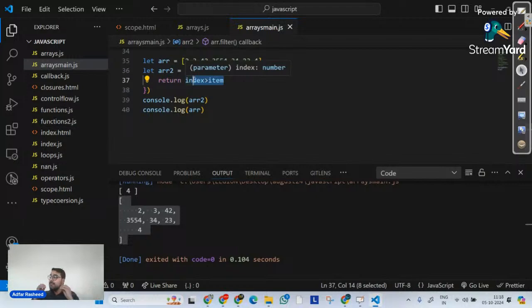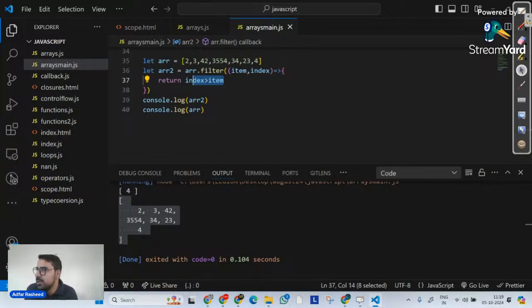The provided function's whole agenda is to put a test on my original array. Whoever satisfies that test, a new array will be created. Now what does it return? It returns a new array with the filtered elements. So these are the two things. The third thing: will it always give me the same length array? No, it can reduce the length of an array as well. I hope this filter method is also clear.